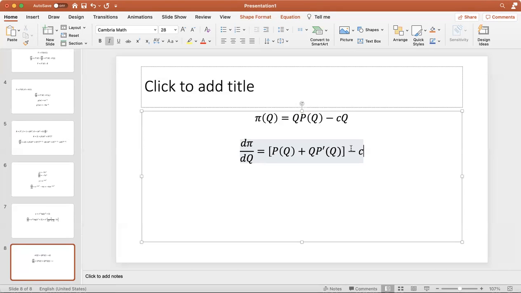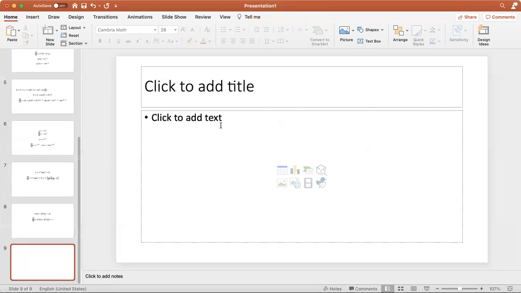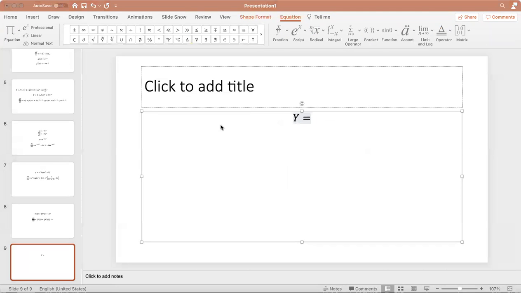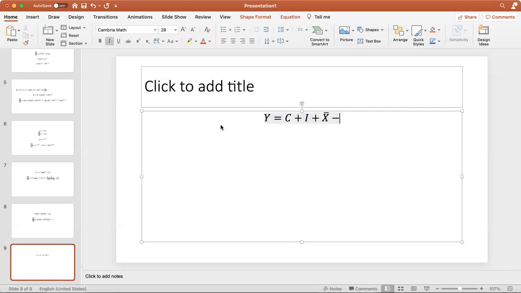Right? So that's micro. How about a macro application in number 8? Suppose you have a standard macroeconomic model. Okay. So you have y equals c plus I plus bar x minus m, and we say that the function of